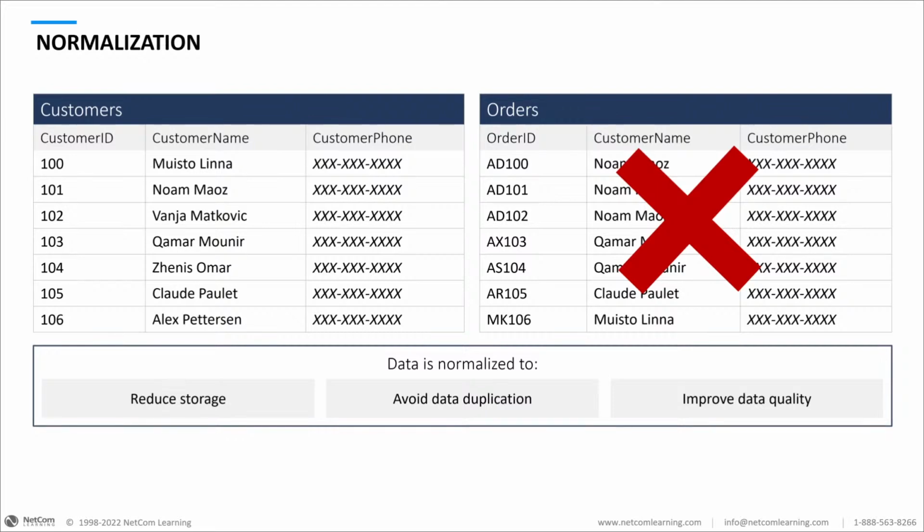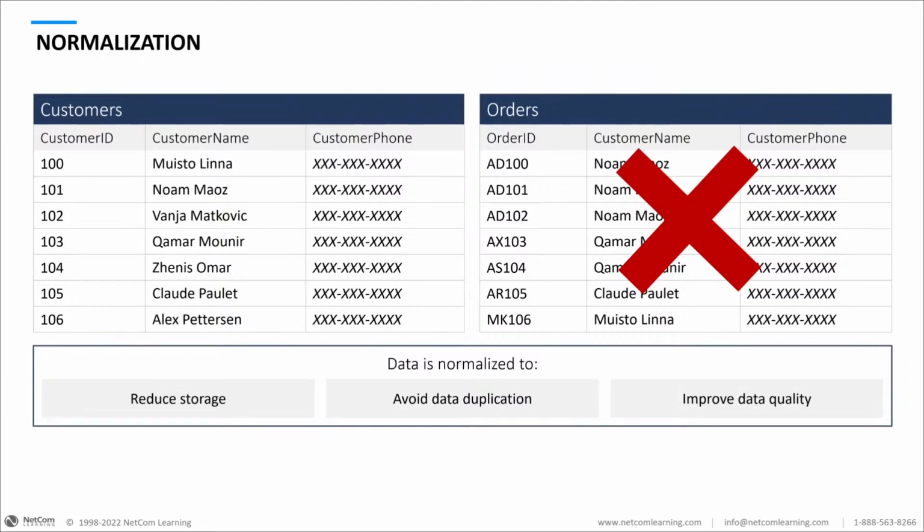Also, with a denormalized database, we tend to have to look at every single record in the table when we're trying to find an individual piece of information. Again, very time consuming, very processor heavy, and it's not very efficient. So we do normalization, okay? And so normalization takes data and breaks it down into smaller pieces. So in a way, it creates a bigger amount of tables in the database, but when we have a normalized database, it allows us to write the data to the system faster, okay? Because it doesn't have to write the data all in one place. You can put it into the appropriate places, and it improves the quality and the speed of the system.